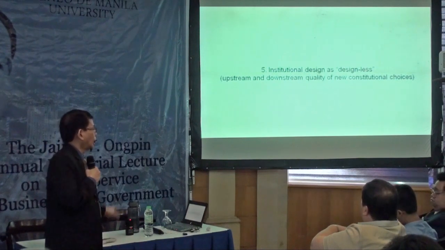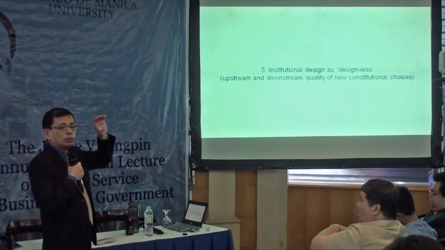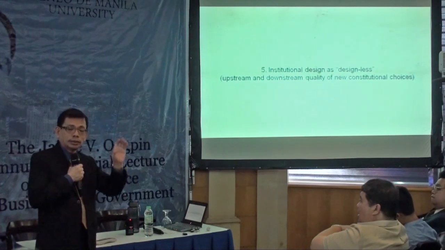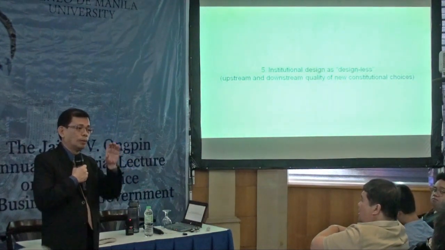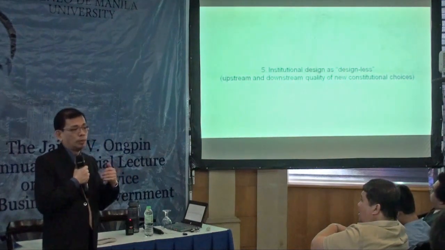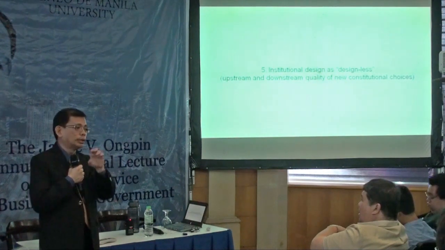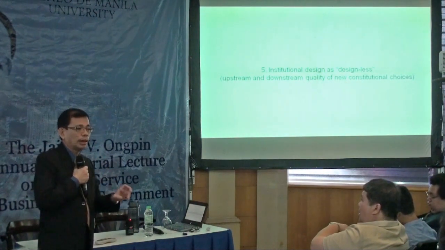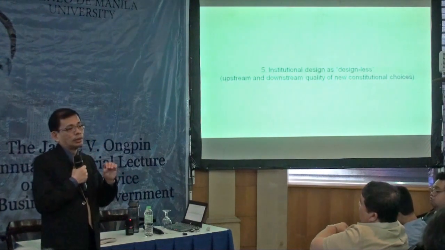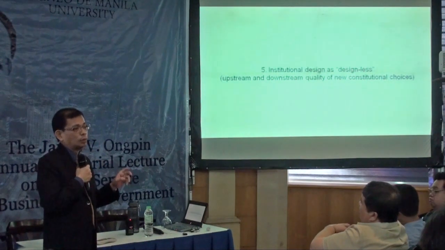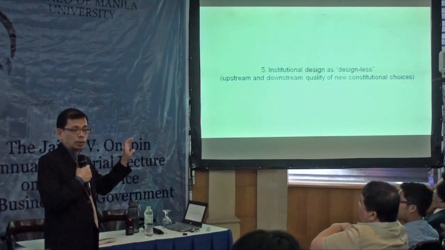Meaning that there's an upstream and downstream quality of new constitutional choices. Upstream would be the constitutional making. Downstream would be the interpretation of these constitutional provisions. The push and pull of the Supreme Court and the push and pull of executive and legislative, or competing executives, on what these provisions mean. And they take a long time, and they could be tortuous, and in that context, they actually would determine how these institutions work. In the words of Rein Taagepera, that's when electoral rules become electoral systems.